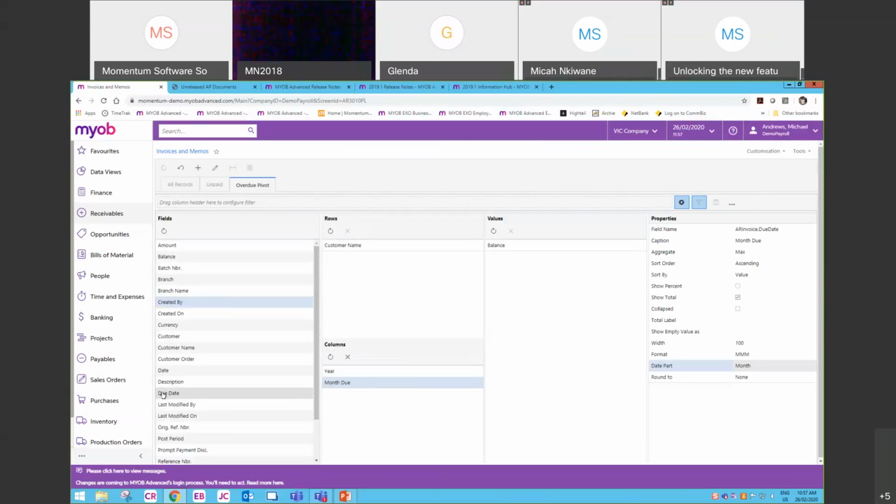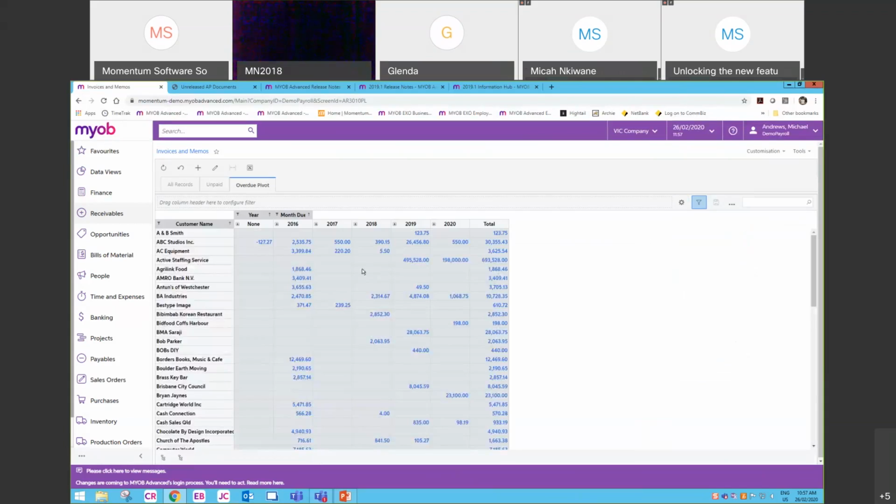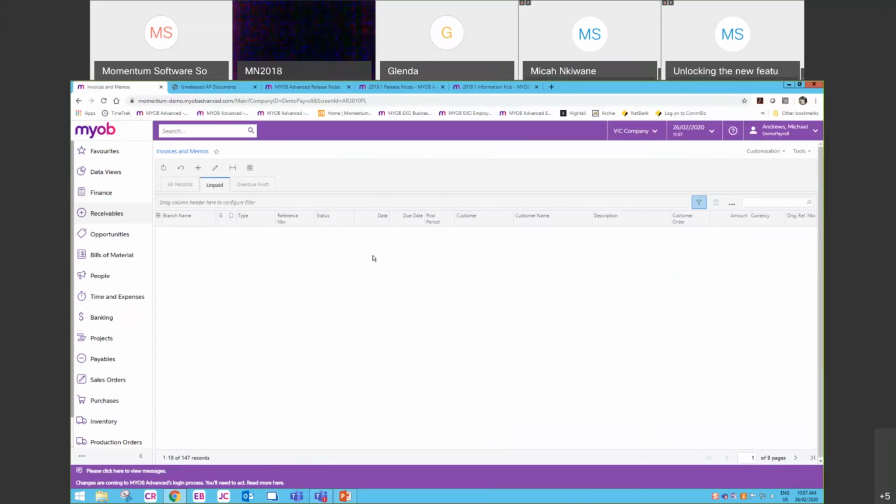field, because that's how things are aged, the due date on the transaction. I've used year and then month, and then I've grabbed the balance of the invoice. So I don't care what the original amount was. I just want to know what the balance remaining on that invoice is. And that's effectively what that pivot is giving me. How we did the color coding